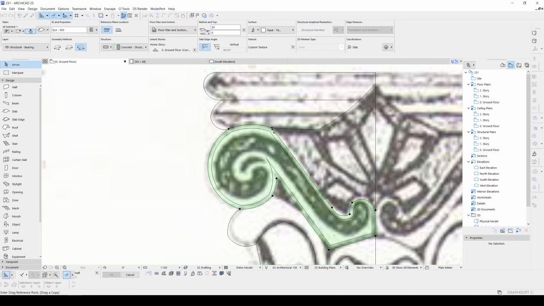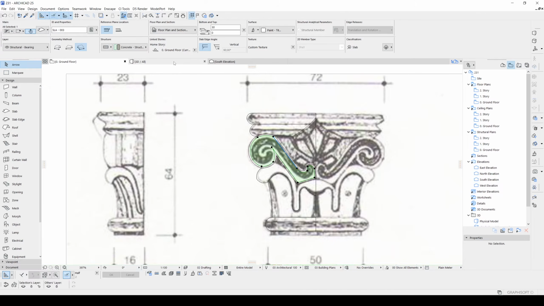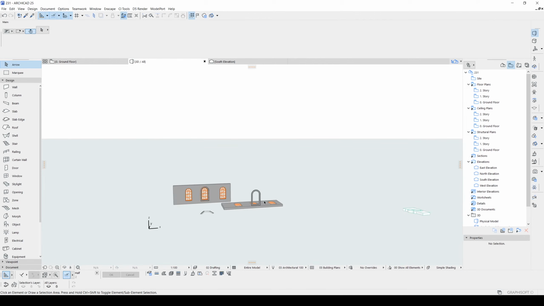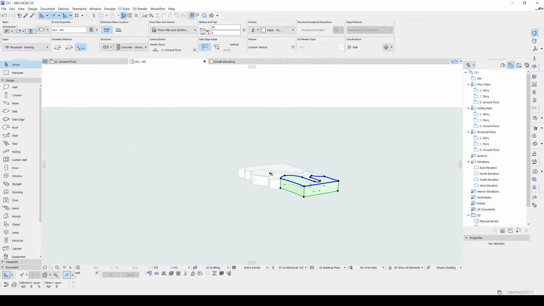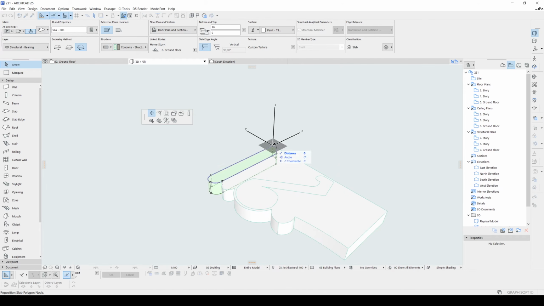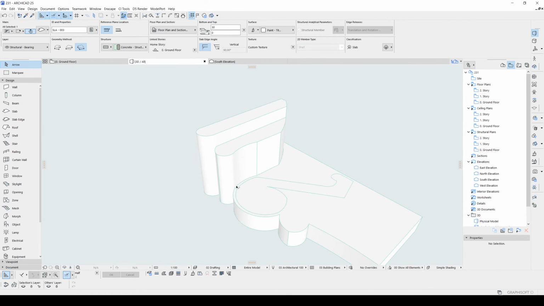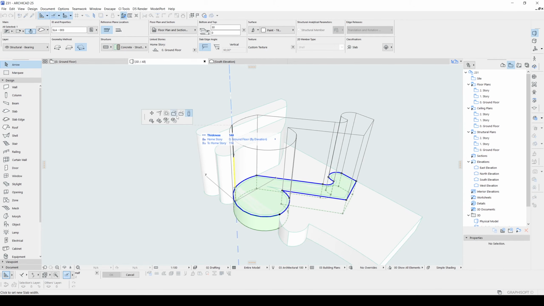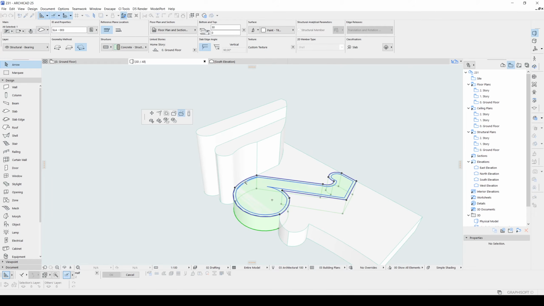We will duplicate this and offset inside. These are our borders and we need some depth. We will make our depth in the 3D window. I'm going to make this with eyeball. I will create another for this. I'm going to duplicate this and hit this minus and click inside.